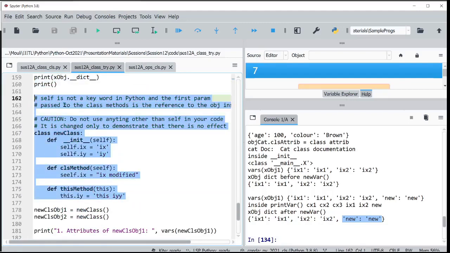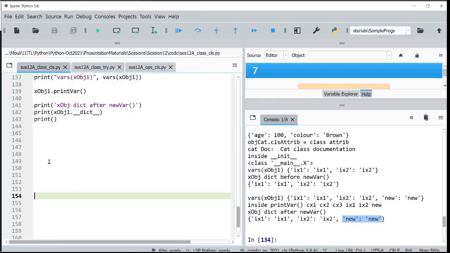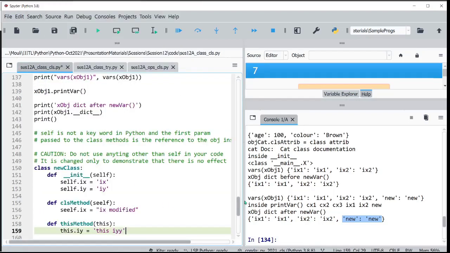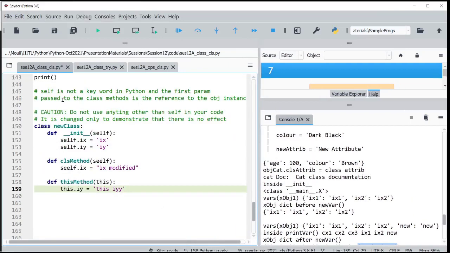Let me tell another small thing we should be aware of. Self is not a keyword in Python, whereas this pointer, this is a keyword in C++, but that is not true in Python. So the first parameter is supposed to be the object reference. It doesn't matter what name you call it with.